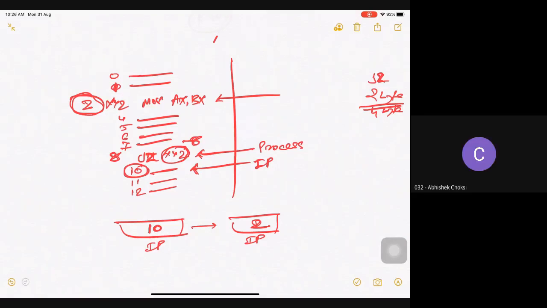Now, in the background, there is a process called one pass assembler and two pass assembler. We are not going into detail of this because it will be a little difficult to understand at this point of time.